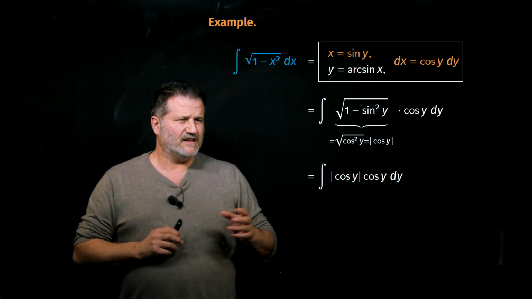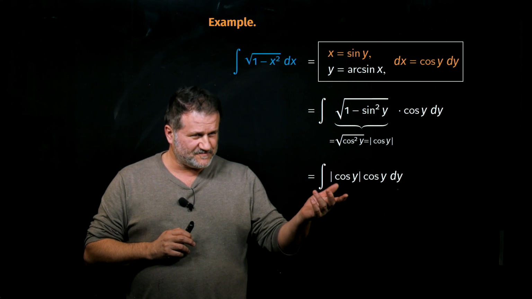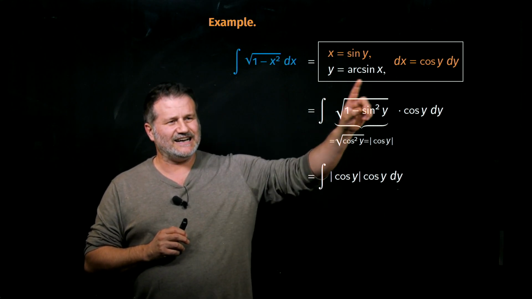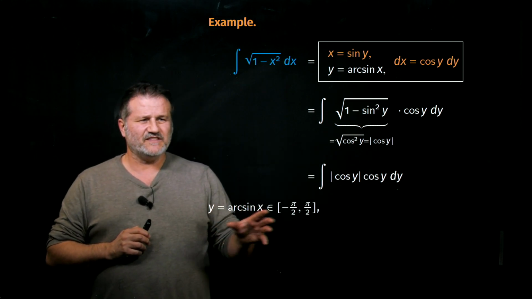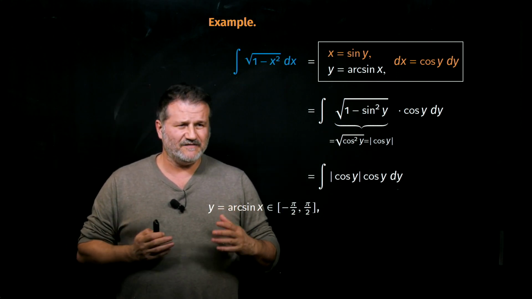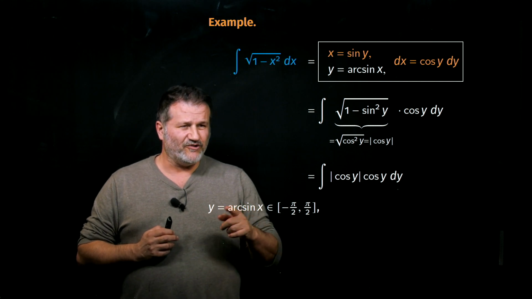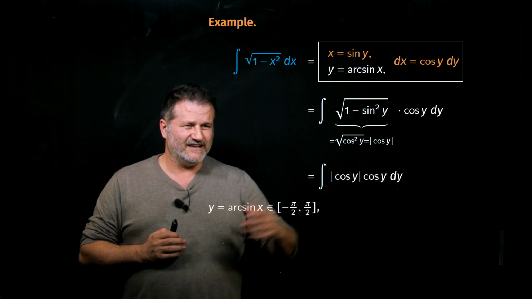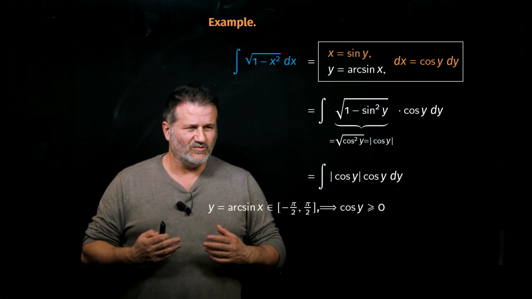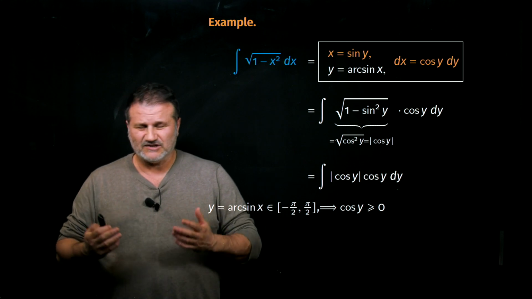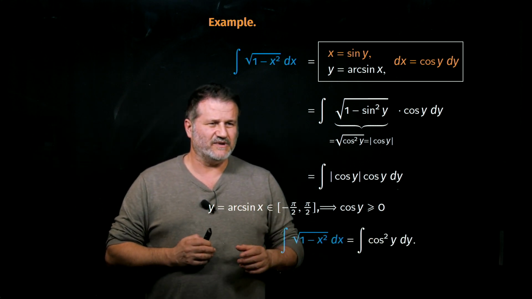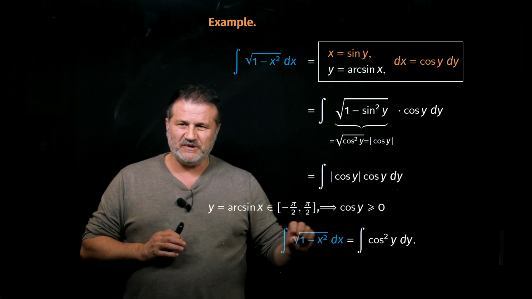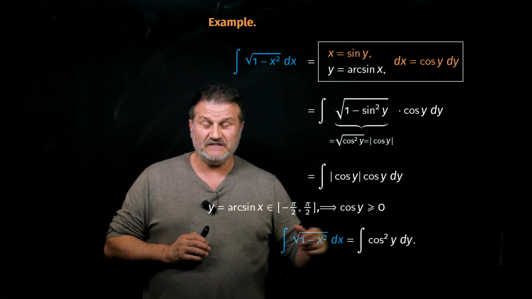We can do a little bit better than this, because since y is the arcsine of x, this quantity belongs to the range minus pi half to pi half. Therefore, for such y's, the cosine is positive. Therefore, we can just write the cos y in the absolute value as cos y, and this is cos y squared. Now, after this change of variable, our initial primitive turns out to be this new primitive